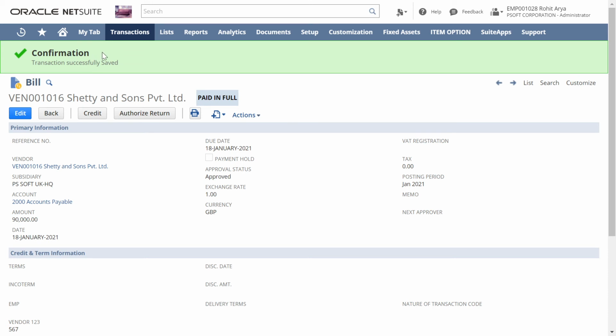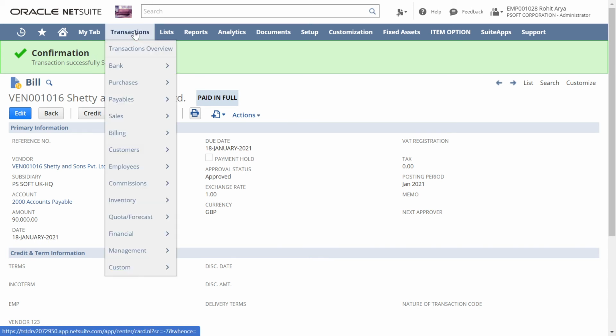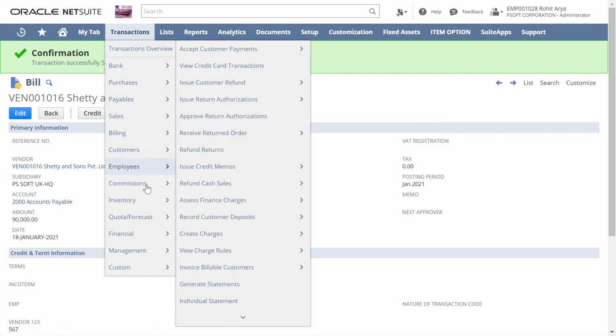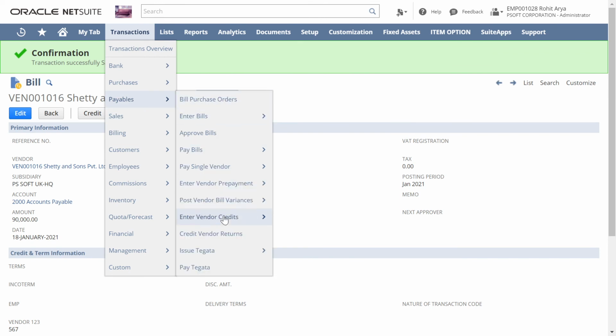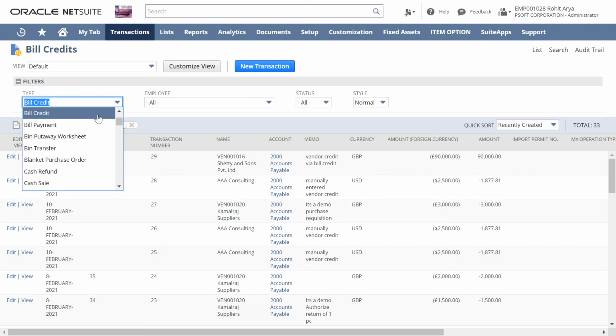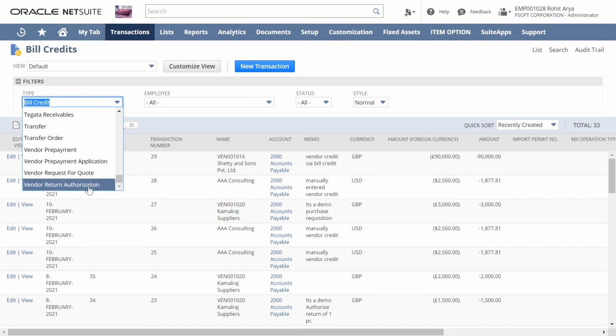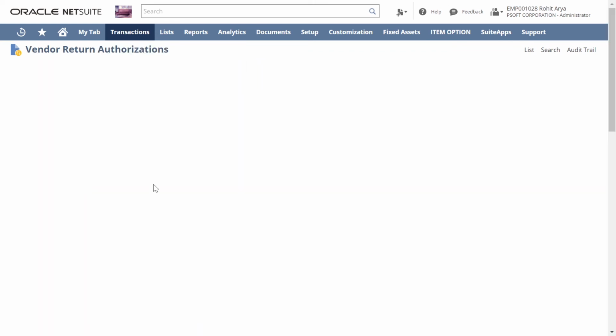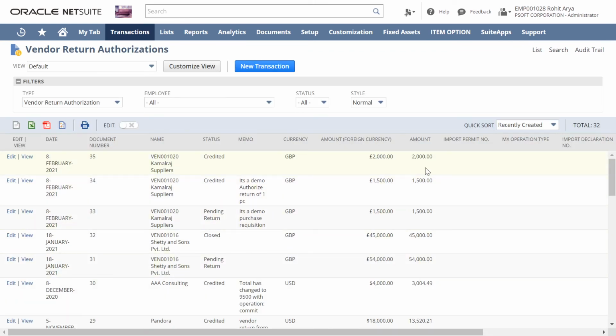Now coming to our final step, entering a vendor credit via vendor return authorizations. We will again go to the same page, Enter Vendor Credits, and here we will change the type to Vendor Return Authorizations. Now you can see the list has been populated.